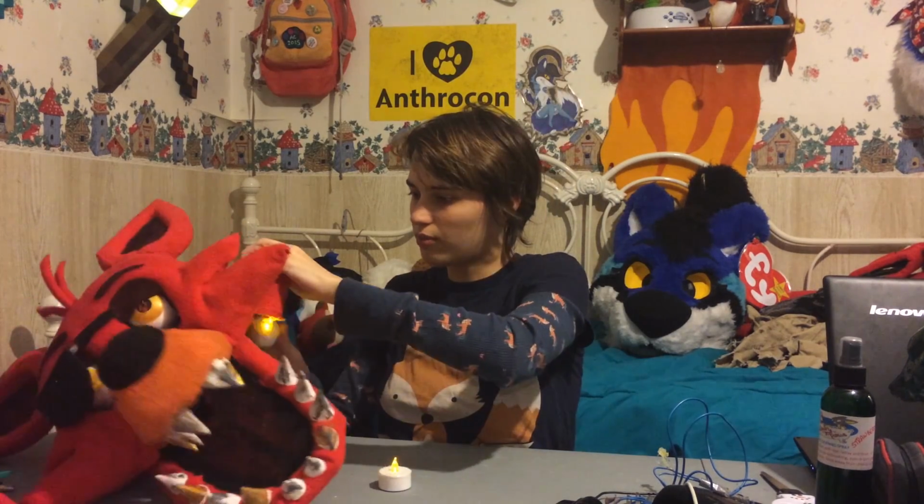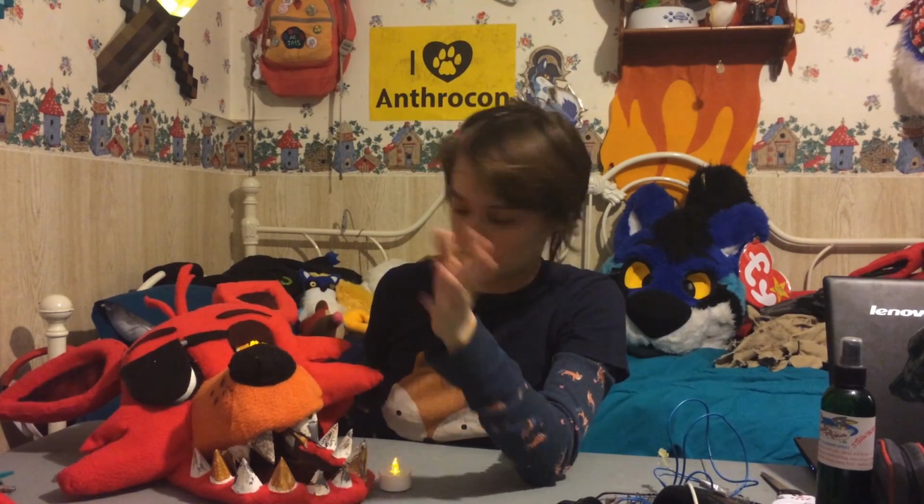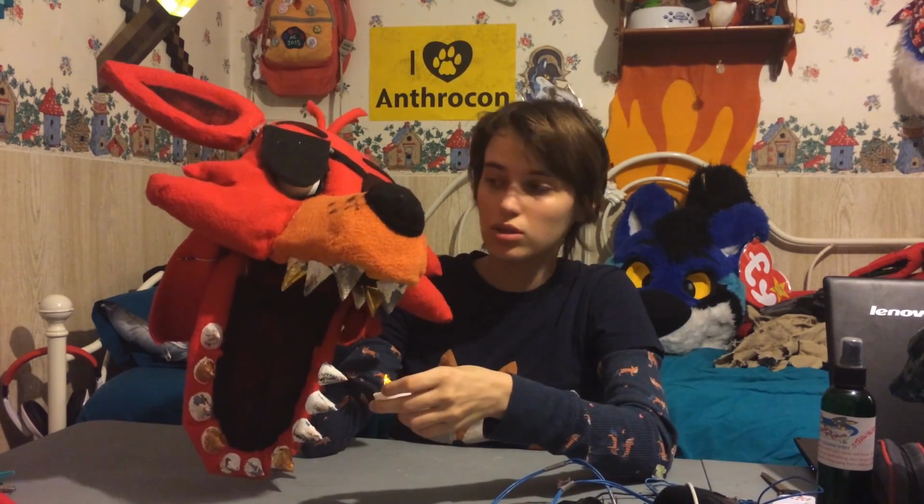I just stick them into Foxy's little eyeballs, literal eyeballs. This is a much better way to do the eye lights if you don't have any experience working with electronics, because these can just glue right in his eyeballs. And here is a demonstration of what Foxy looks like in the dark with his eyes on. Spooky, spooky. Lift up the eye patch and...